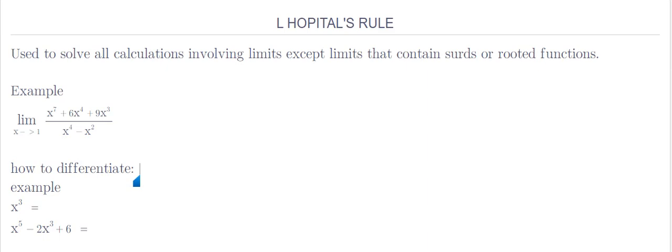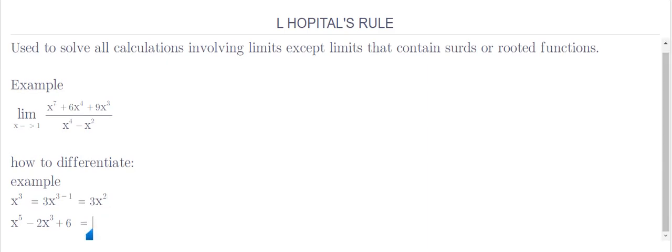an example. We have x to the power 3. This is how you do the differentiation. Bring the power of that function down. The power is 3. Write that function. The function is x. Lower its power by 1. It becomes x raised to the power 3 minus 1. So that now this can be simplified into 3x raised to the power 2. That's how you differentiate. Bring the power of the function down, write that function, lower the power of that function